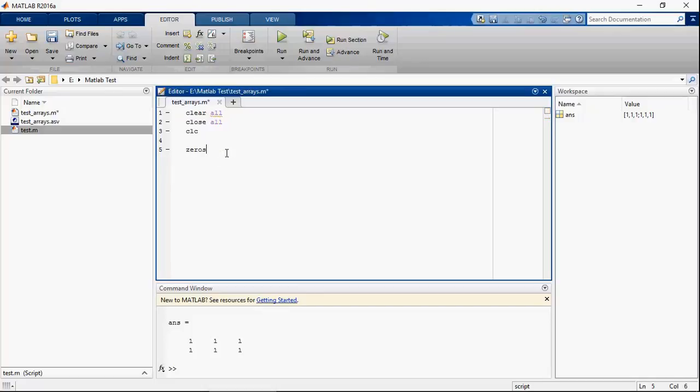Now if you type ones(2,3), this will create a 2 by 3 matrix with all elements equal to 1. Now if you type zeros(3), it will create a 3 cross 3 matrix with all elements 0. Similarly, if you type zeros(3,4), it will create a 3 by 4 matrix with all elements equal to 0.